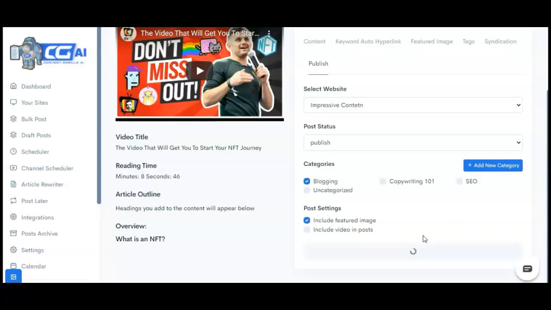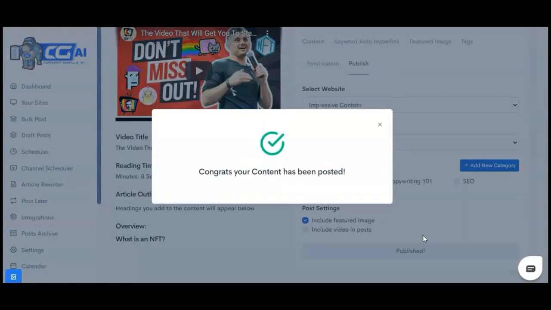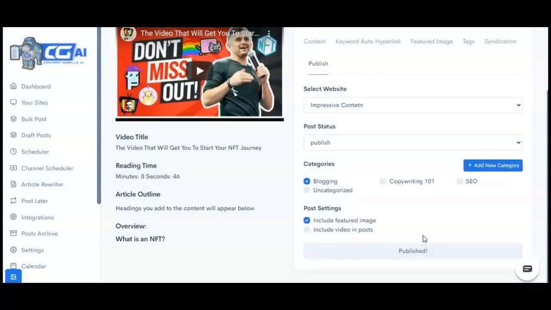So that's pretty much how Content Gorilla AI works, and that's what we do at the very core. Now there's going to be a complete feature by feature breakdown below on this page, so make sure you scroll through and see everything about Content Gorilla and everything that is new in this version, and I'm going to see you on the inside.